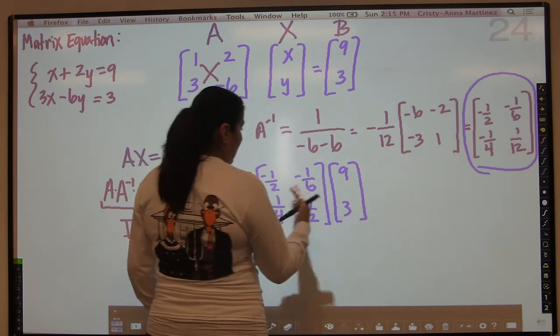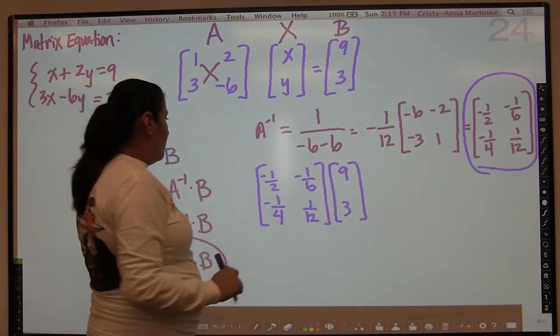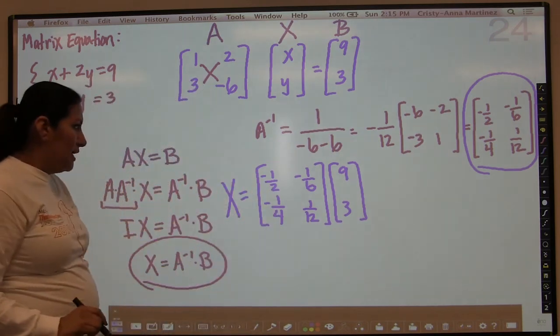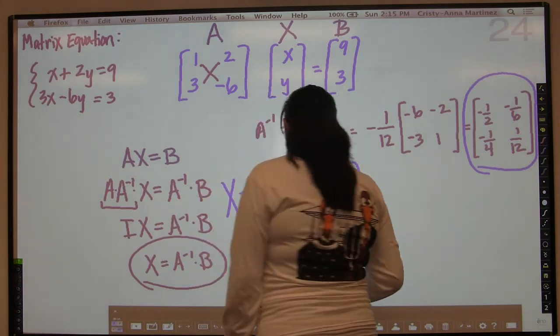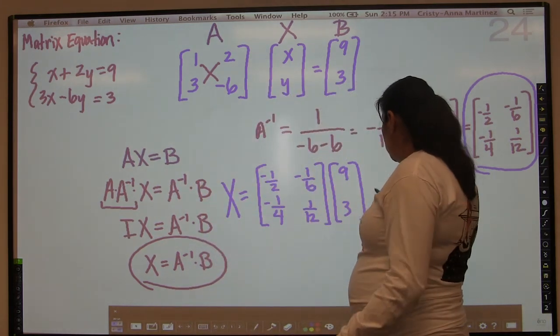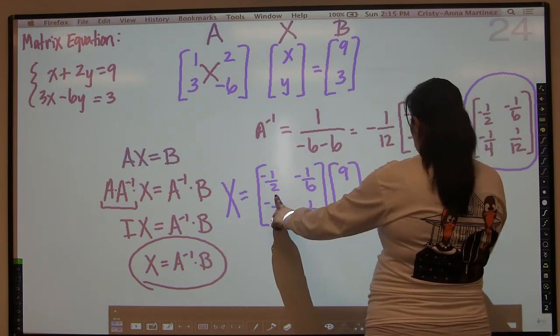In that order, A inverse times B. And then I will get what x equals. X equals A inverse times B. So, lucky for me, a 2 by 2 and a 2 by 1 will end up giving me a 2 by 1. So I'm going to go negative 1/2